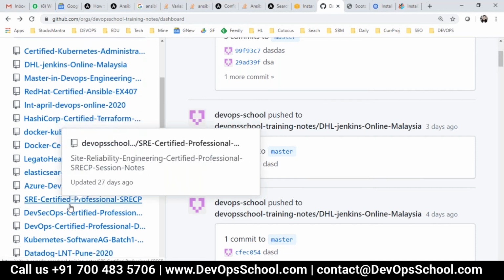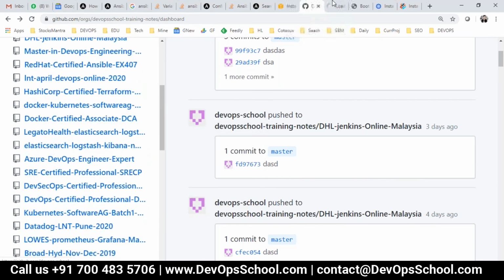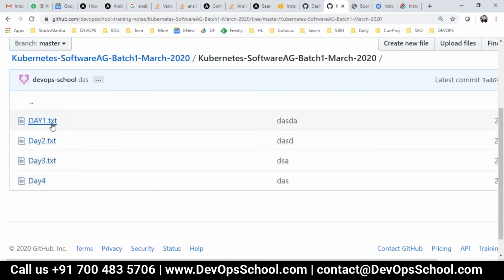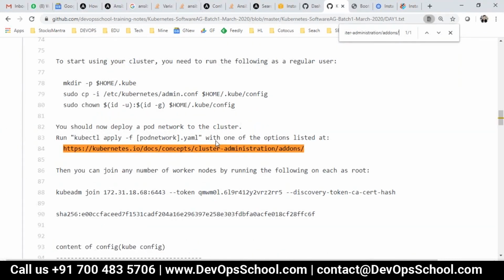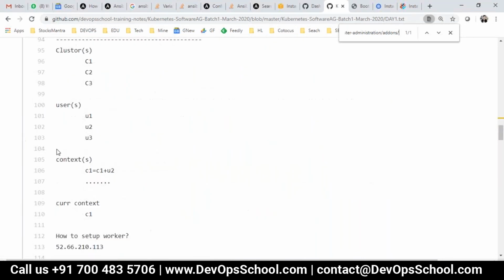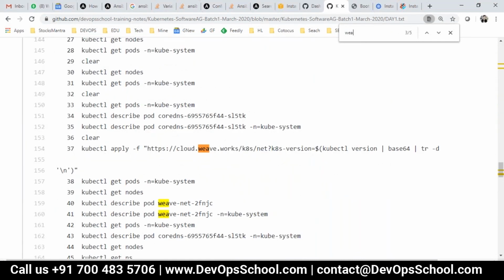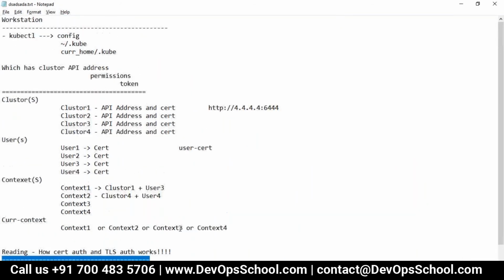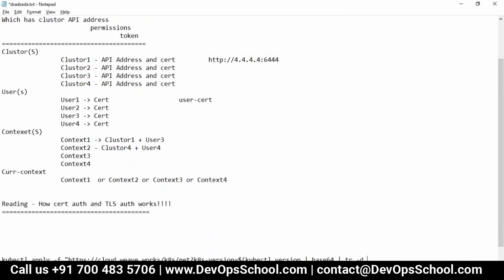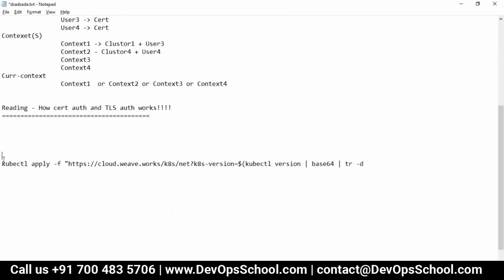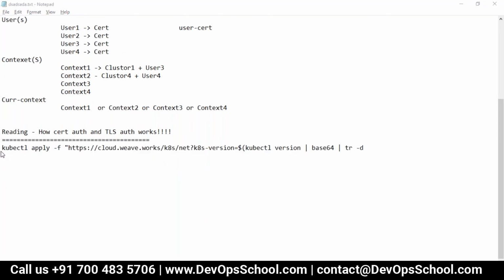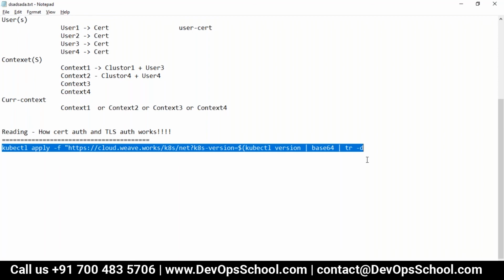Just a second, hold on. I am just locating this WeaveNet URL that I have, but where I kept it, I just need to get that. I got it. So here, this is the URL. I'm also putting it in the chat, I mean your notes. So now if you go to the notes section, I'm putting it up here. Now the question is, where do you get it? If you work on this website, the new UI, you'll get something like this. So guys, I'm installing this here.